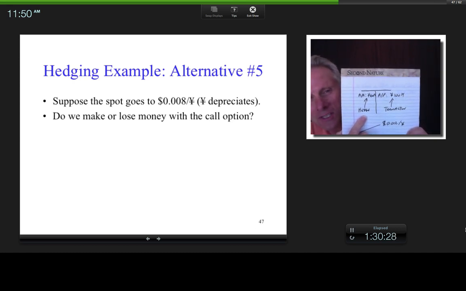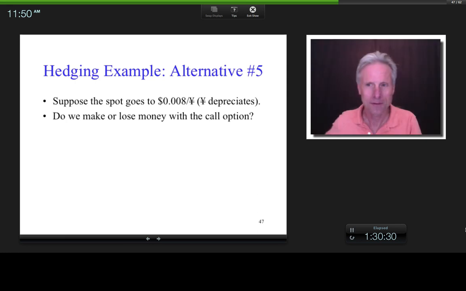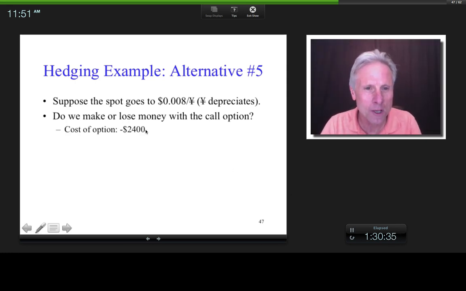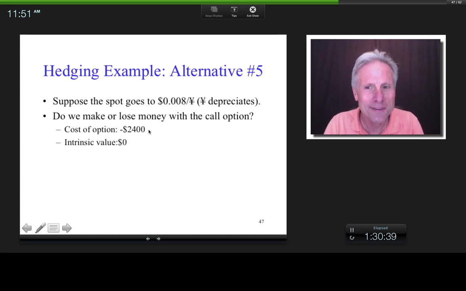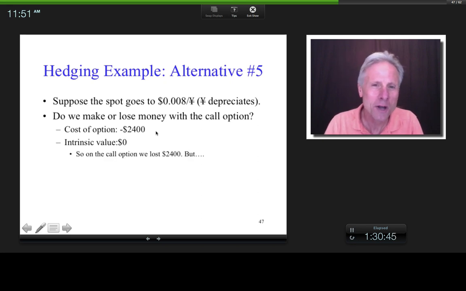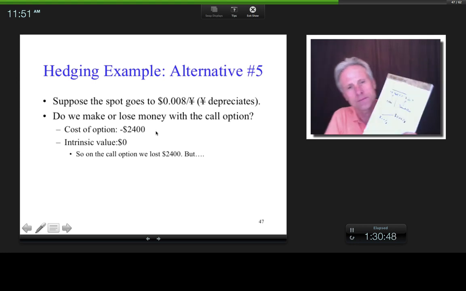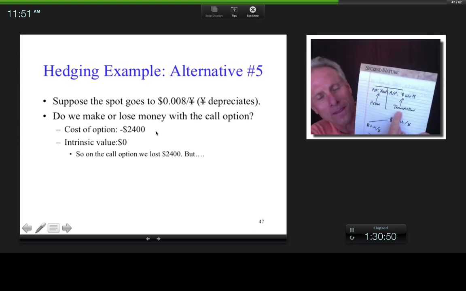Zero, right? There's no negative intrinsic value. So when the yen depreciates, well, there's the cost of the option, and I've made that up. The intrinsic value is zero. Okay, so on the call side, we lost $2,400, but on the transaction side, okay, so on this side, you're